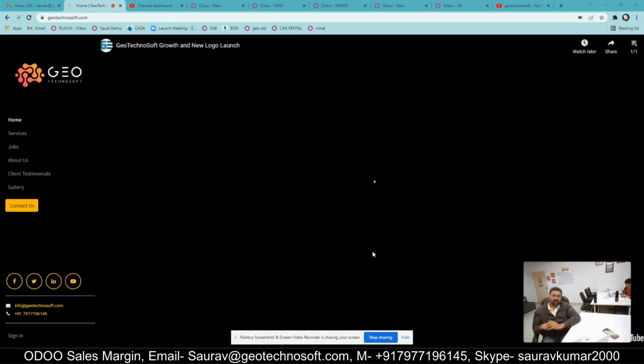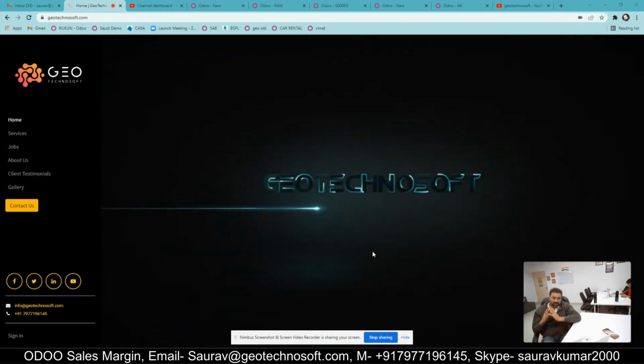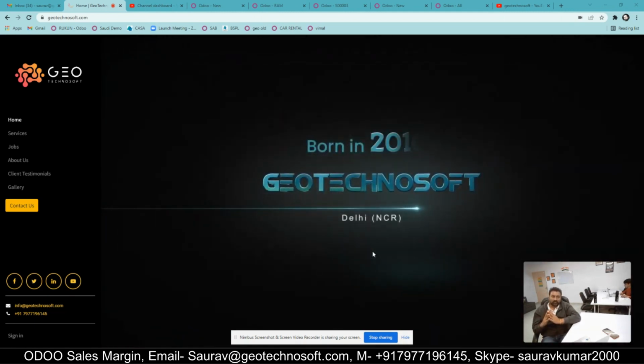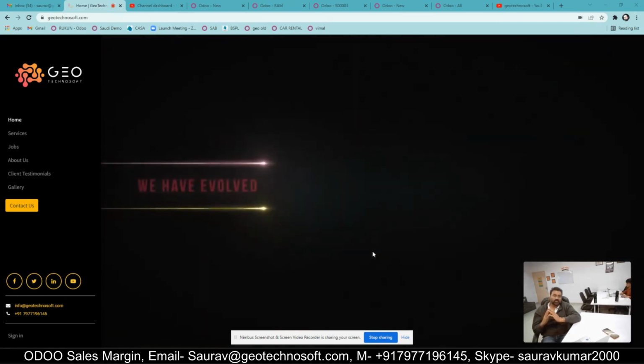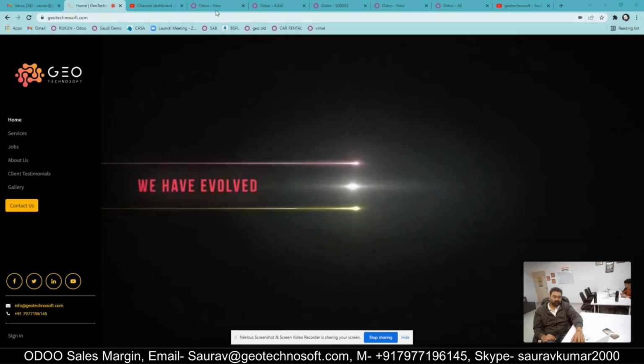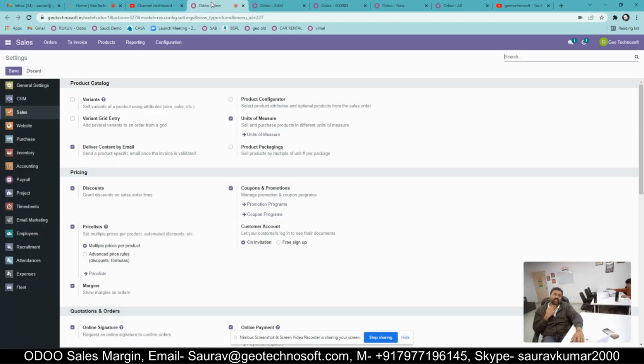So first of all, it is important that the margin module must be installed. To install the margin module, make sure you are logged in with the admin account and go in the settings, and go in the sales settings, and you can see there is a checkbox called margin. So make sure this box is true and then click on save. System will by default install the margin module. Second thing is